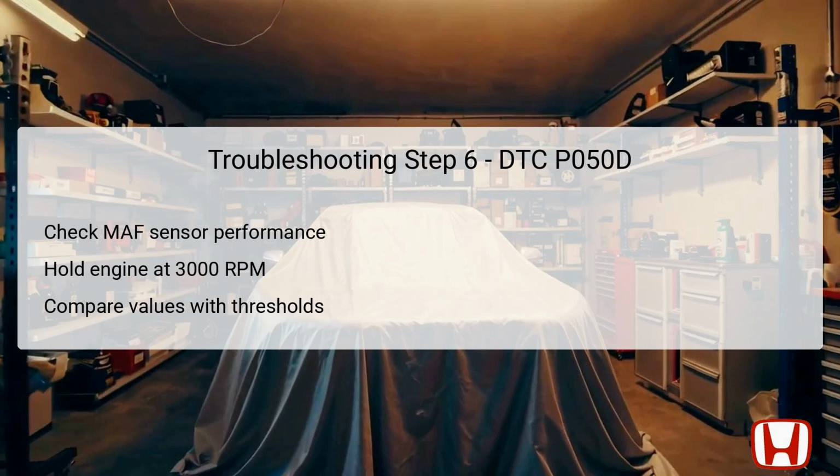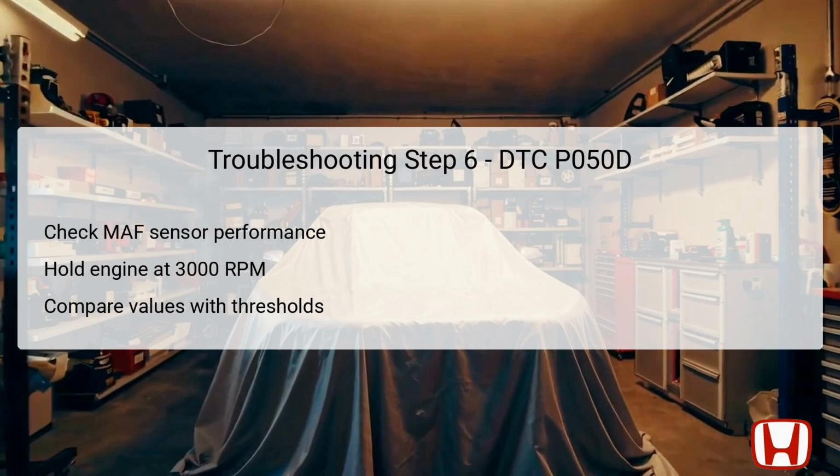Then, allow it to return to idle. While holding the engine at 2,500 RPM for 30 seconds, check relevant parameters using the HDS. Specifically, monitor the MAF sensor's readings, which should fall between defined thresholds for the vehicle configuration. Ideal readings for a 9-speed automatic transmission should be between 9.4 and 13.2 grams per second, and for a 6-speed